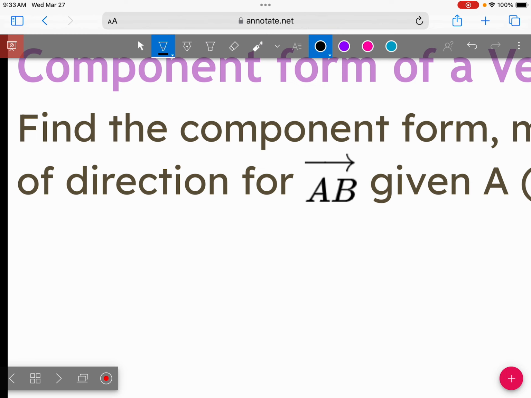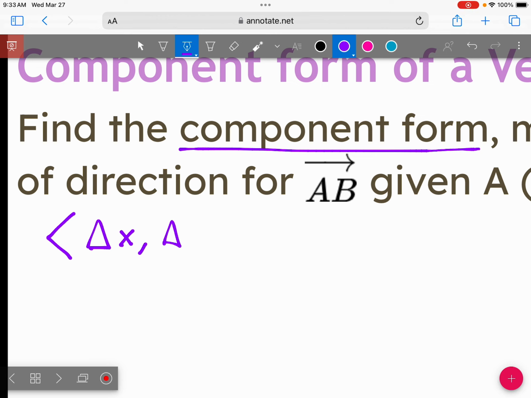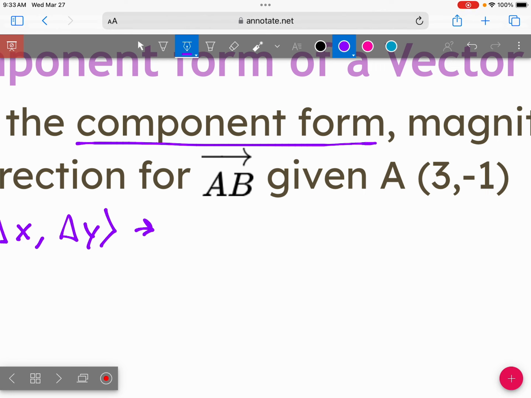So our component form, ooh, wrong pen. When we're looking for our component form, that's when we are doing our angled brackets and we're doing the change in our x's and the change in our y's. That's what we mean by component form. So I tend to build it right in the bracket. When I post answer keys, I'm just going to work it right